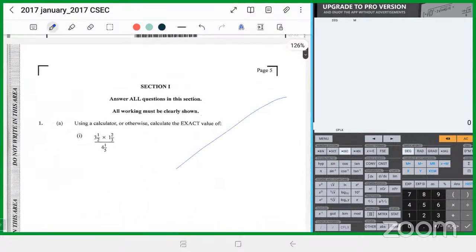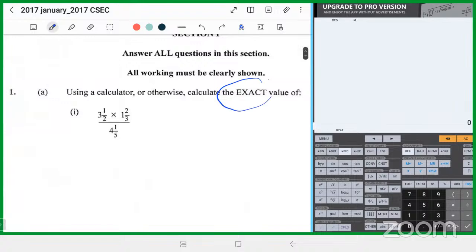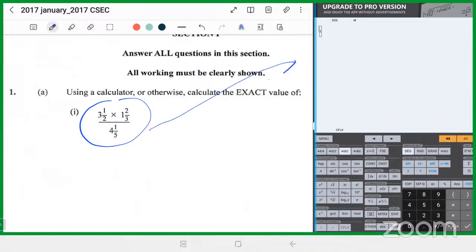All right, number one. I left the calculator on the screen over here. As you know, this is a calculator question. This question says use a calculator or otherwise to calculate the exact value of this expression. So I want to type this in the calculator exactly as it appears here. So it's a fraction, and then we have a mixed number up there, which is 3.5. And then we are multiplying that with another mixed number, 1 2/3. And then we're dividing all of that by a mixed number, 4